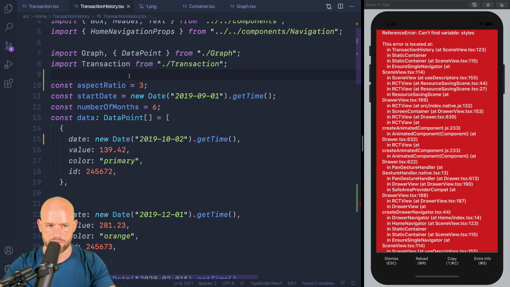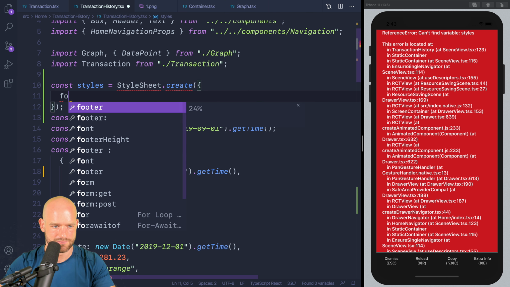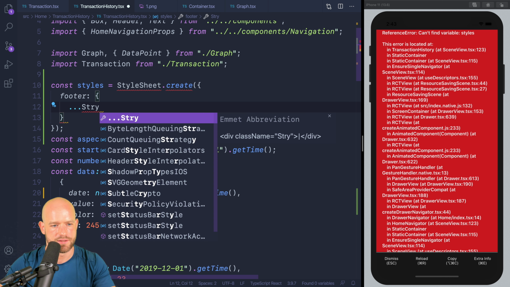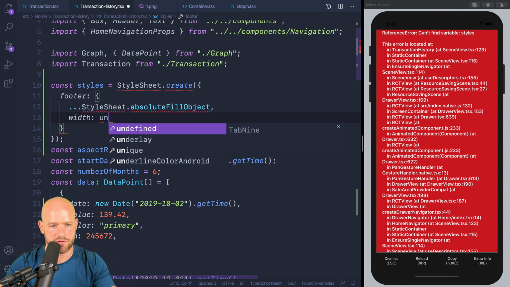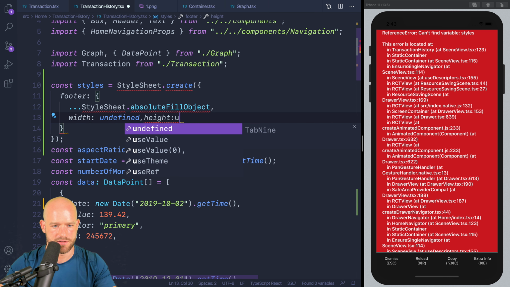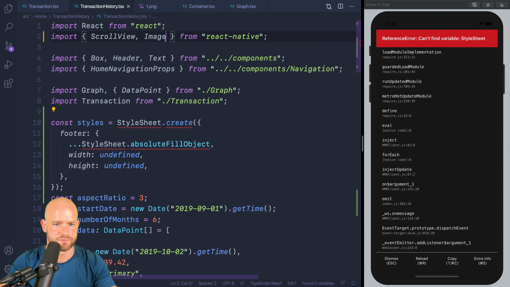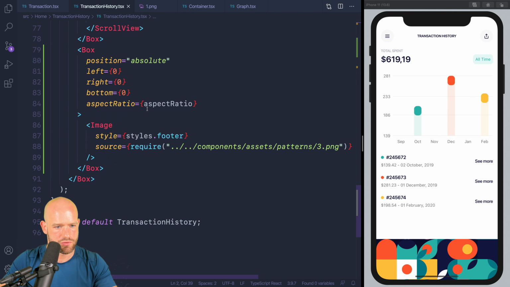Okay, let's create a style sheet quickly. So style sheet, absolute fill object, and we need to have width undefined and height undefined. Okay. And looks good. So now let's